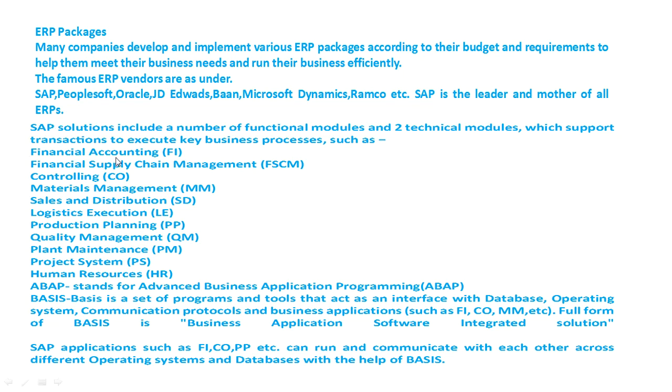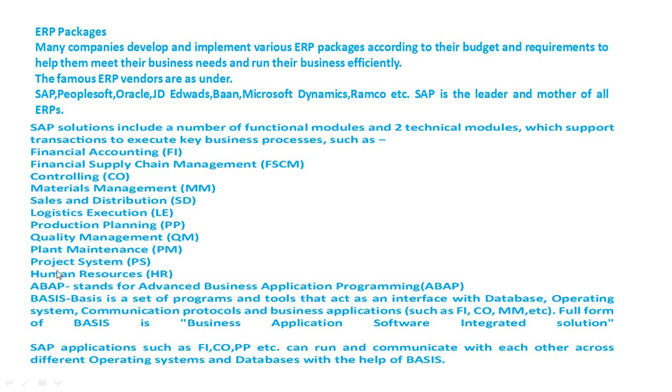Regarding SAP, there are 2 technical modules. Apart from these 2 technical modules, all the modules of SAP are called functional modules, like financial accounting or FI. This is a module of SAP where all the financial activities are undertaken. Similarly, there is a module called controlling or CO, and combined we call it FICO, that means financials and controlling. Similarly, material management, sales distribution, logistics execution, production planning, quality management, human resource, these are different modules, and these are